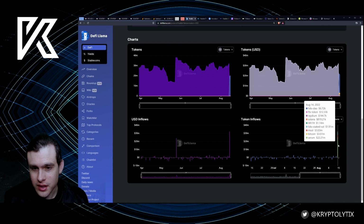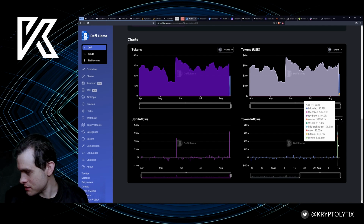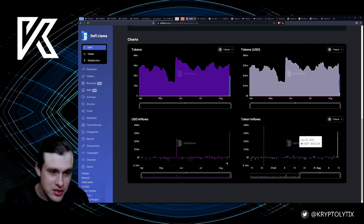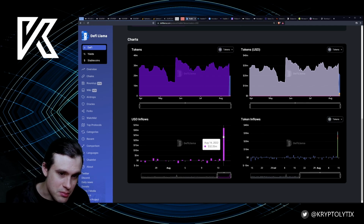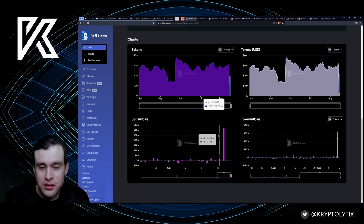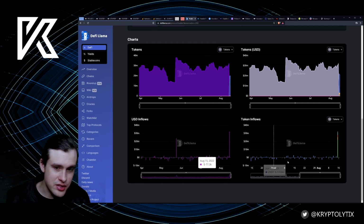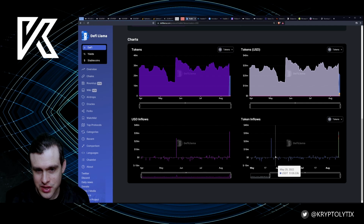I wonder what happened here on the 14th of August. That was yesterday. All of a sudden, out of nowhere, a whole bunch of people started using this protocol. I've been following this for some months, actually. I've been watching what they've been doing on Twitter and looking to see what kind of partnerships they've been forming. And yeah, there's just a couple of days where all of a sudden they have a whole bunch